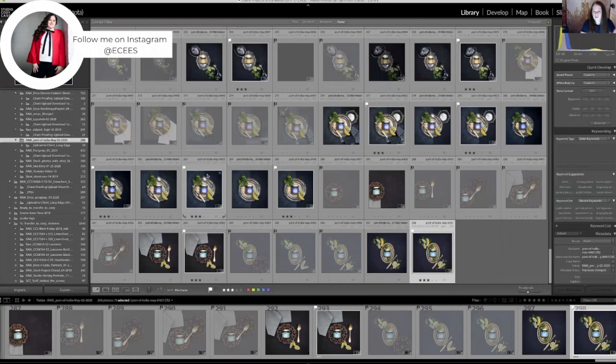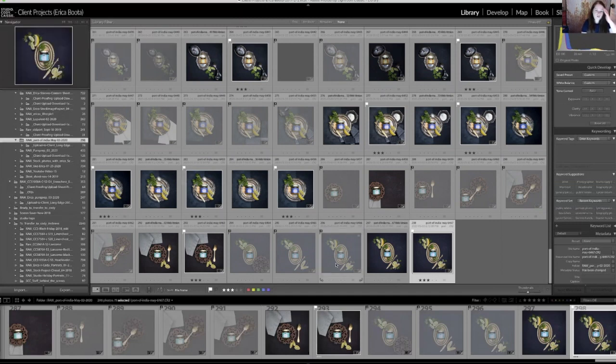So I'm going to start at the very end here. A lot of times when I am editing different imagery, I'll start from the last images that I took in the set and then work my way back. And as you can see here, I have some photos that are already X'd out. I went through and did all my cataloging and editing for this. So I'm giving you a peek behind the curtain of